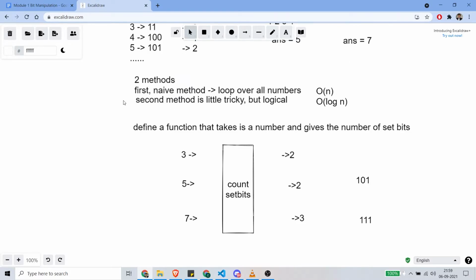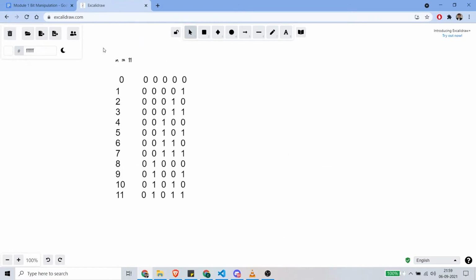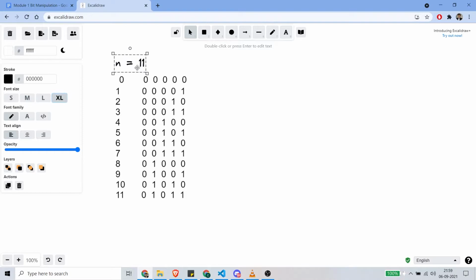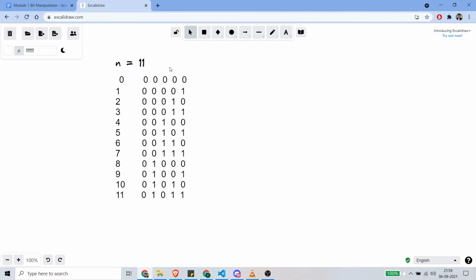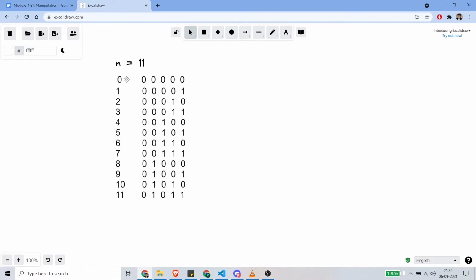Alright, what is the second method? Well, for the second method, let us take a slightly bigger example. Let's say we have n is equal to 11. Now, first off, you might notice that we just have to solve from 1 up until n, but I have included 0 here, but it doesn't really matter because 0 does not have any set bits,